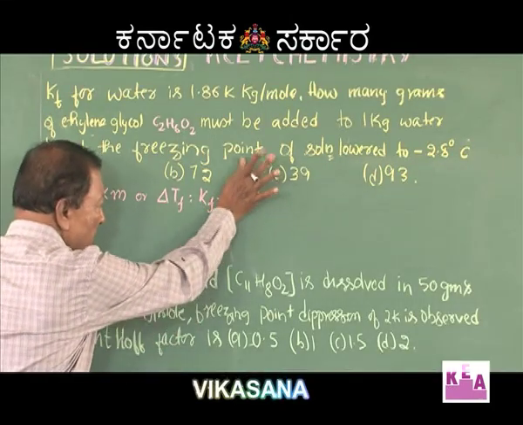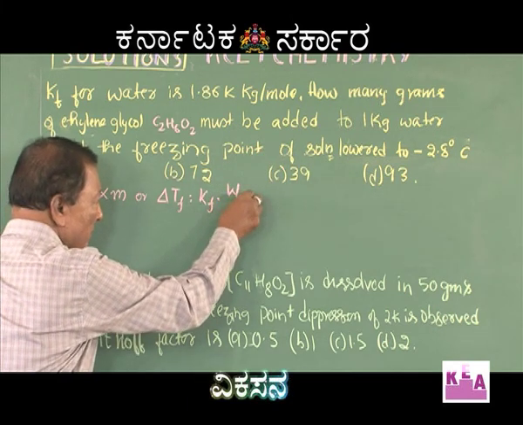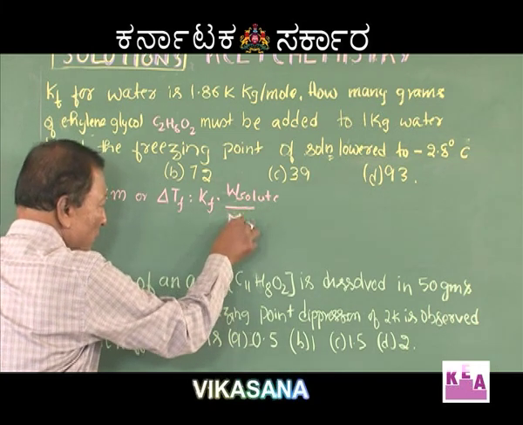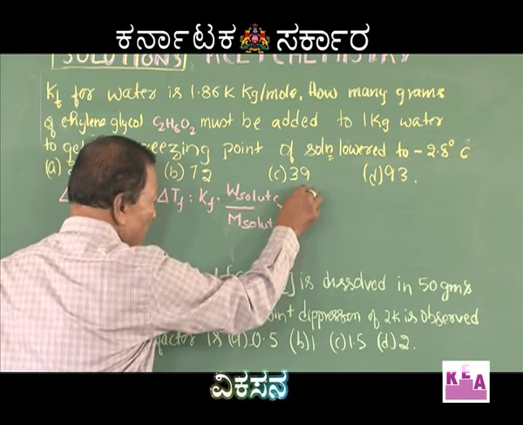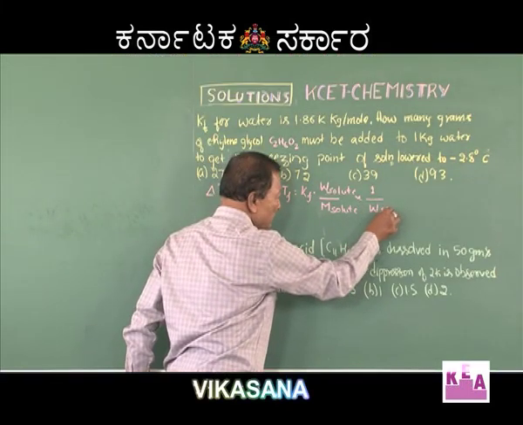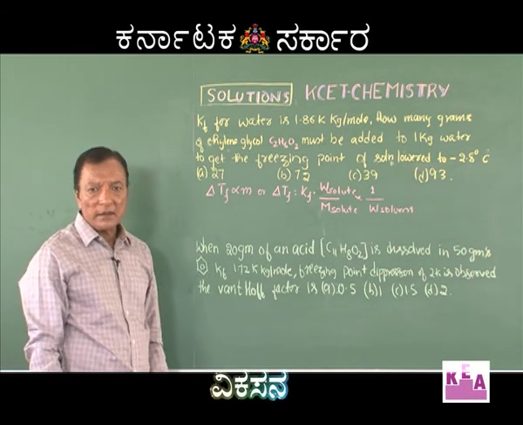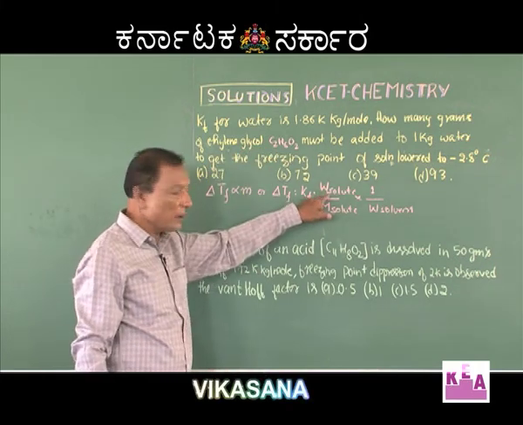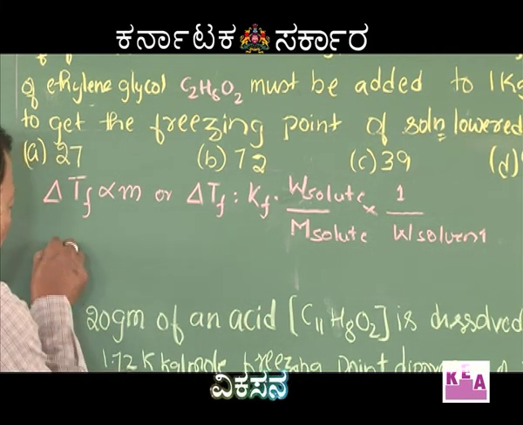It goes with weight of the solute divided by molar mass of solute into 1 is the factor for the solvent in terms of kg, and it is the weight of the solvent. That is the formula. How much of ethylene glycol should be added means we have to calculate the weight of the solute. So, weight of the solute here, if I introduce